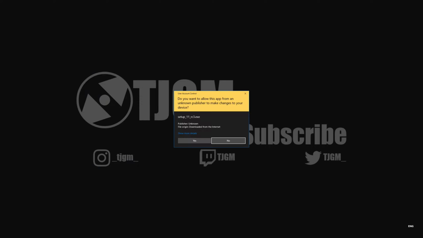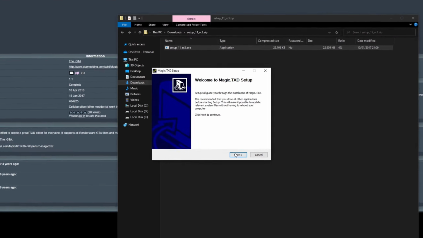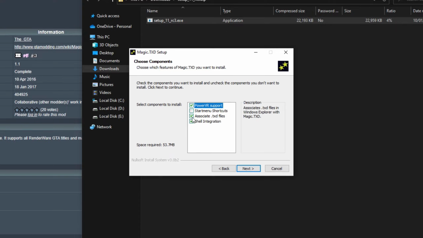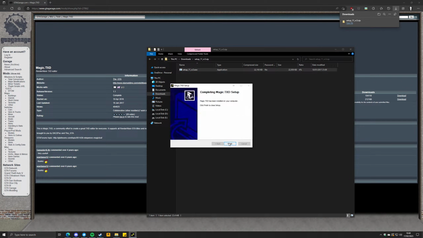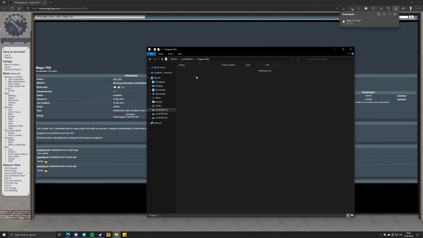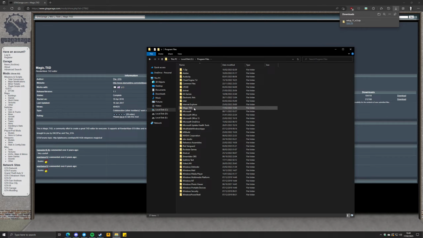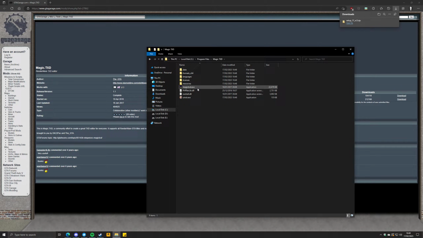Make sure when installing Magic TXD, you at least have these three options ticked. Start menu shortcuts is completely up to you. This just adds shortcuts for Magic TXD to your start menu. Magic TXD allows you to select where you want to install, so you should know yourself where it is. By default, it should be in your normal Program Files folder on your C drive.